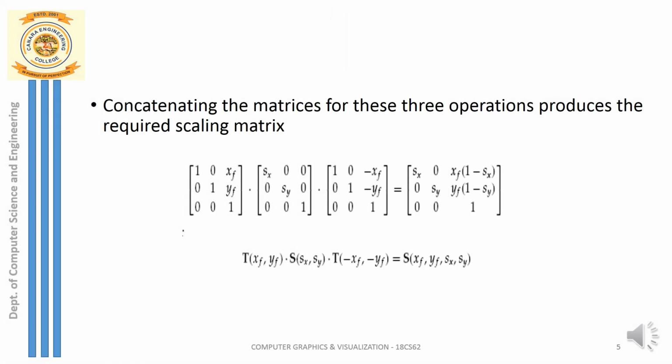You can see now the same in the matrix format. First the reverse translation is applied. So minus xf and minus yf indicate reverse translation. It is something like, if the arbitrary point about which I have to rotate is say 5 comma 5, then reverse translation here, minus xf minus yf, indicates minus 5 and minus 5.